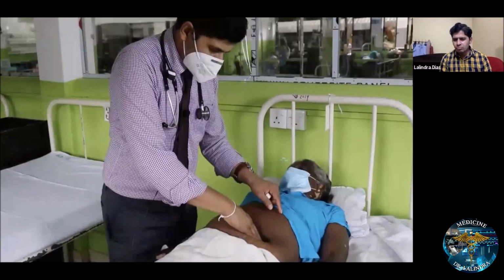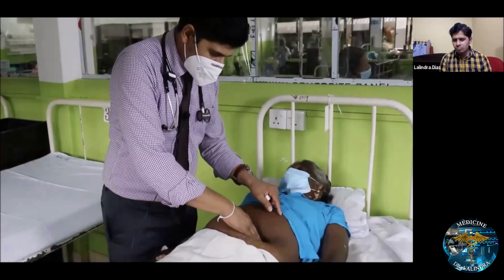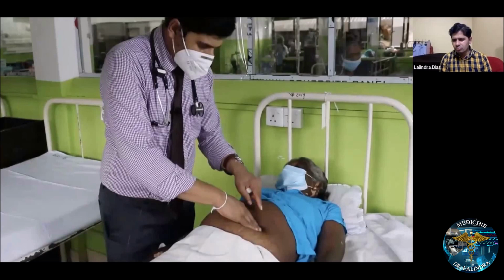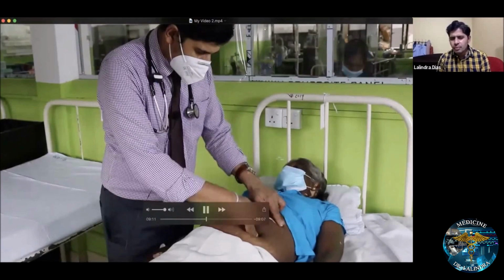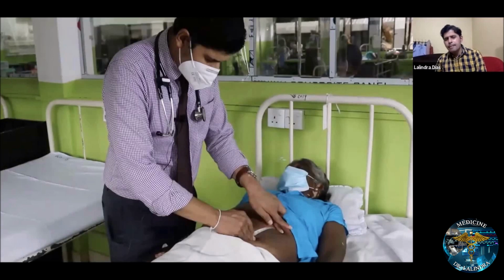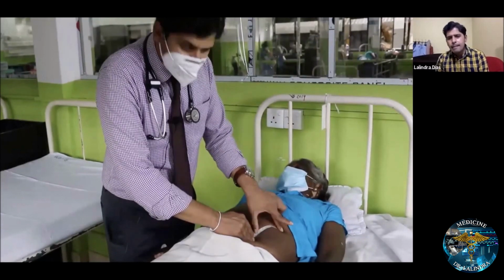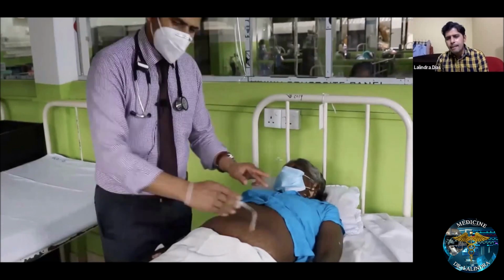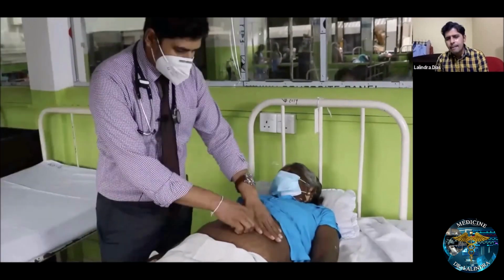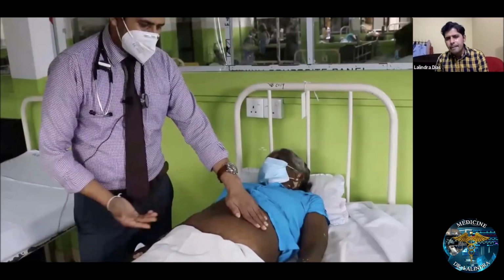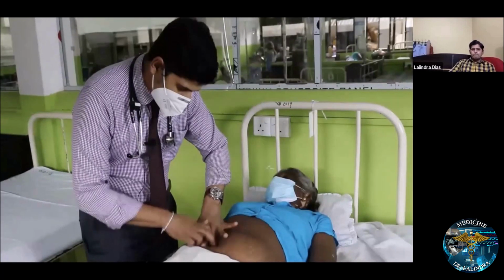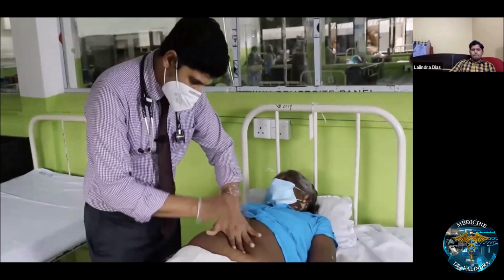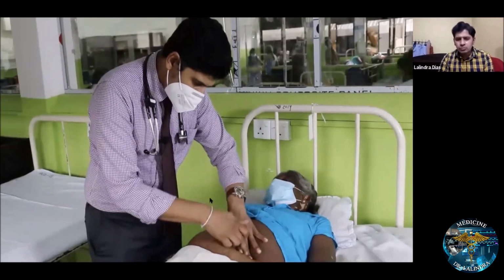Yeah. So here I felt the lower margin of the spleen, and the way to measure is like this. You keep the measuring tape at the left subcostal margin, and here is the place where I felt the spleen. It's about 10 centimeters below the left subcostal margin. So you can measure like this by keeping a measuring tape, or else you can even use your finger breadths. It's about 6-7 finger breadths, that's about 10 centimeters. So percussion is like this, starting just below the umbilicus: tympani, tympani, tympani, tympani,